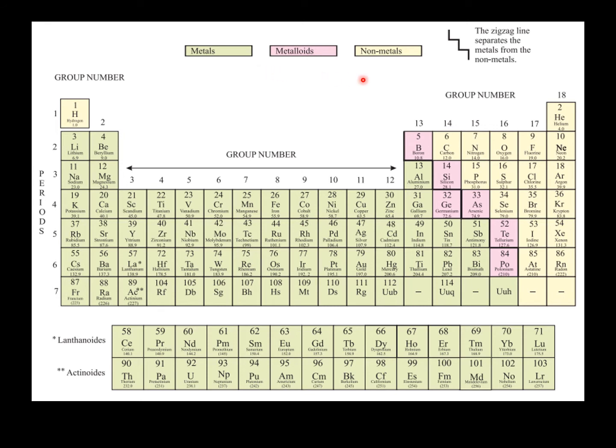With the help of these color codes, we can understand the nature of elements present in the periodic table easily. We can see that a major portion of the periodic table is occupied by metals. On the right extreme, we have non-metals. Hydrogen present over here is also a non-metal. Over here, we can see a zigzag line that separates metals from non-metals. These pink colored elements are called metalloids or semimetals. These elements exhibit the properties of both metals and non-metals.